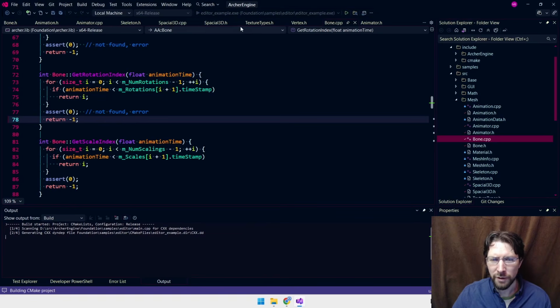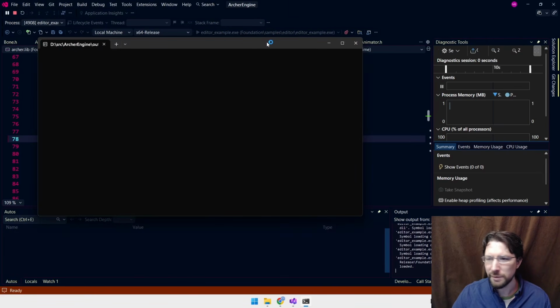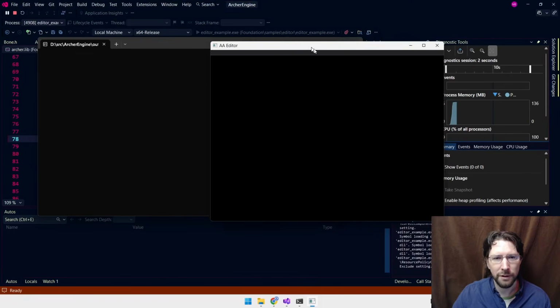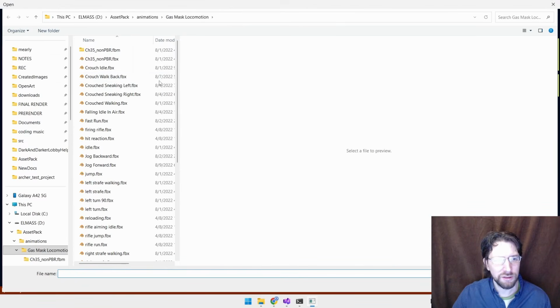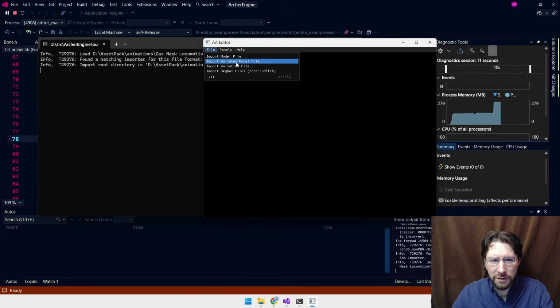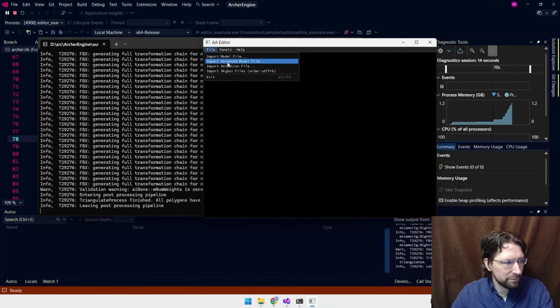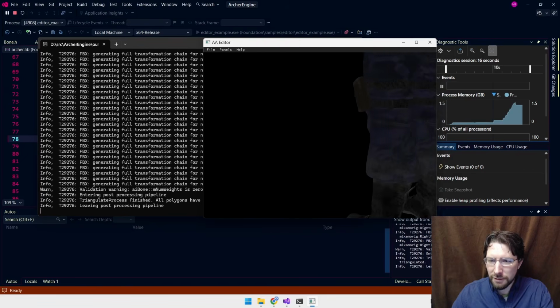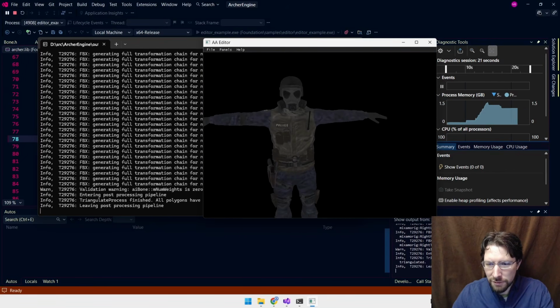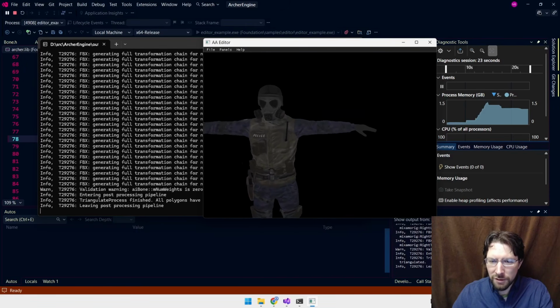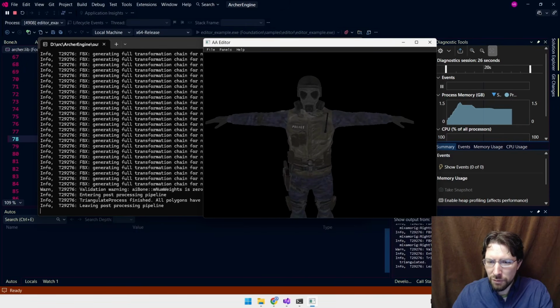For example, let's run my little editor example that comes with it. This is essentially to help debug, because you can't run a library. You have to run a program that uses the library, and that's what this editor does. So I put in some additional things here. Like if we add in this dude, this little animated model, give it a sec, and we back up and take a look at him. It's using the default shaders, so this is what it looks like if you don't change anything. Obviously no background or anything.